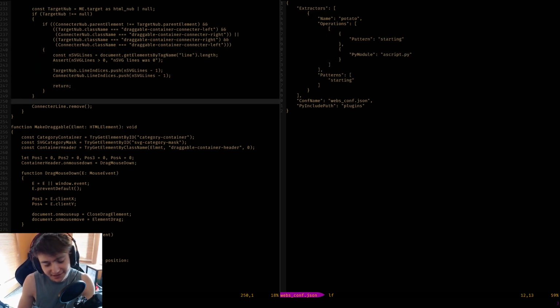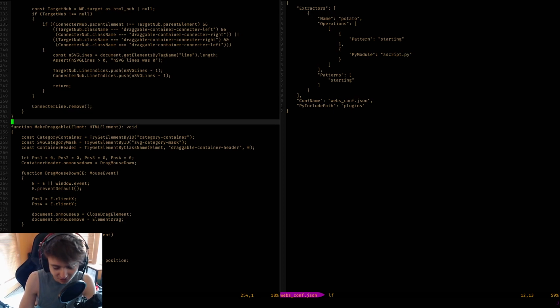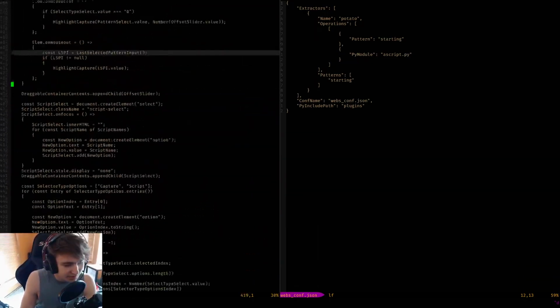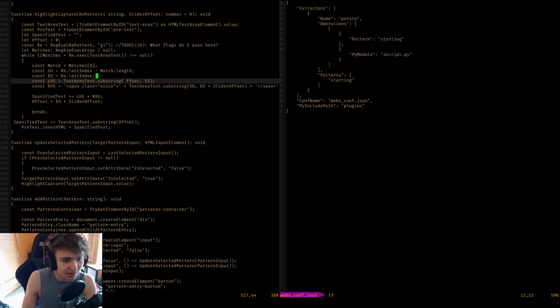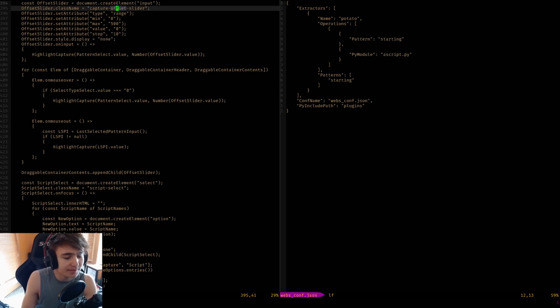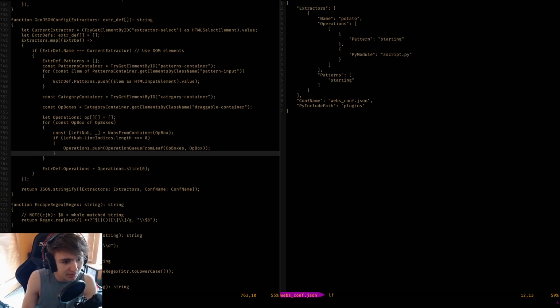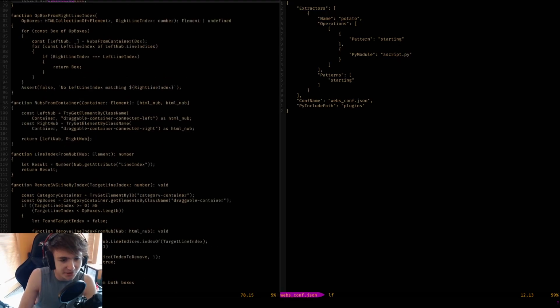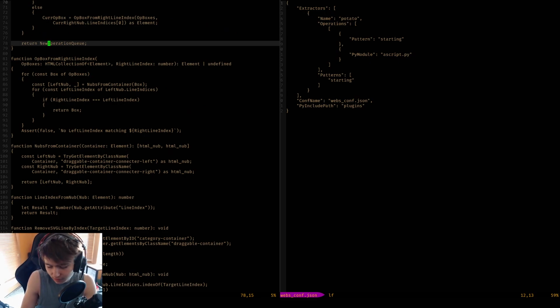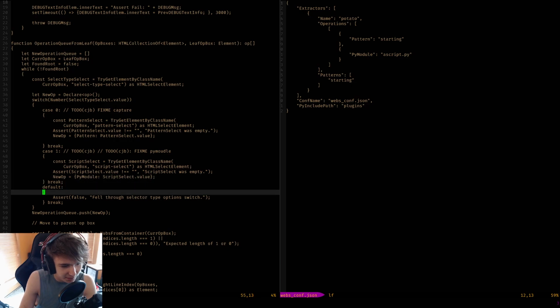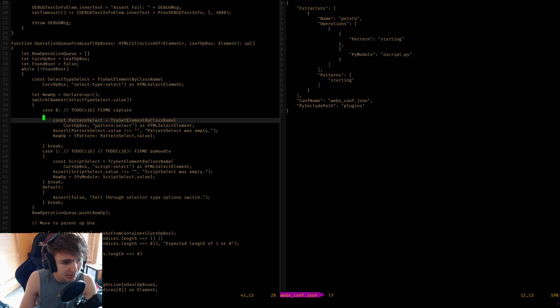Right. I was adding the offset, which we were then recording. So offset is just the capture offset slider, and it is an input. So when jamming JSON config, and when building up the operation queue from the leaf, in the case where you are a capture, case 0, if you are a capture,